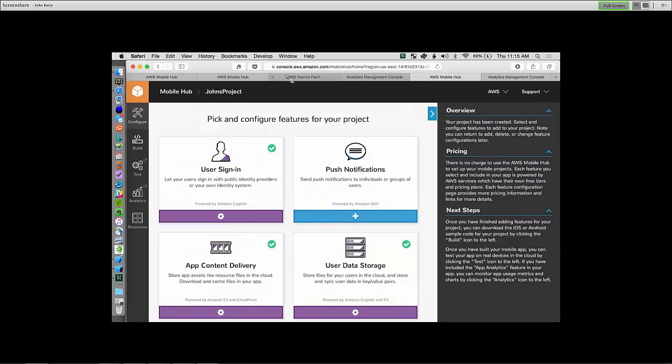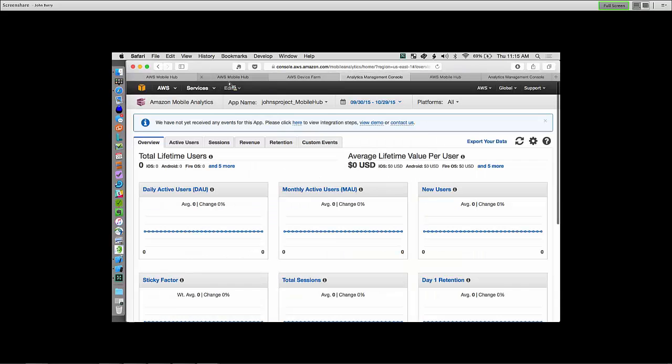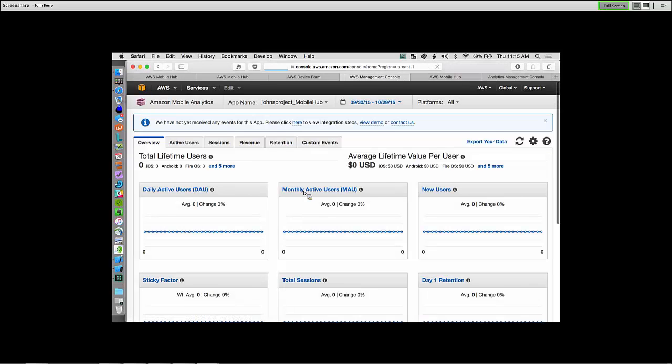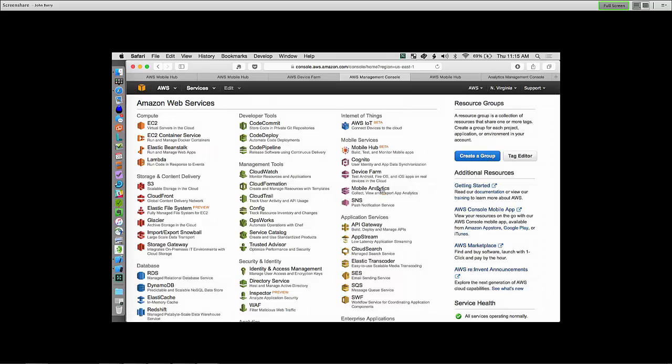Likewise, when you go into the console and start making changes, and of course this is just a best practice with AWS overall, because with Mobile Hub we have a dynamically generated project for you, I just like to repeat this common sense thing: as you go into S3 and delete a bucket, for example, or go into Cognito or Mobile Analytics and change the application details, the same as what I just mentioned with Mobile Hub changes, you could break the downloadable package.